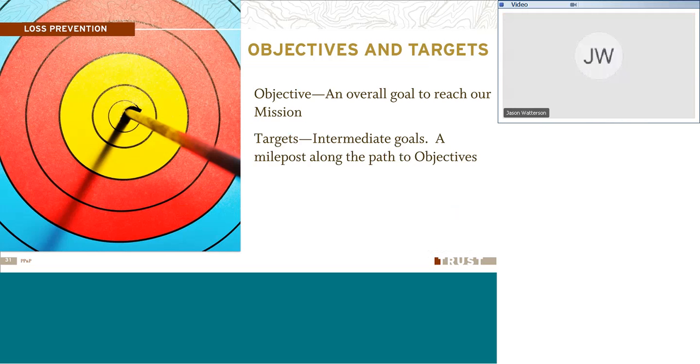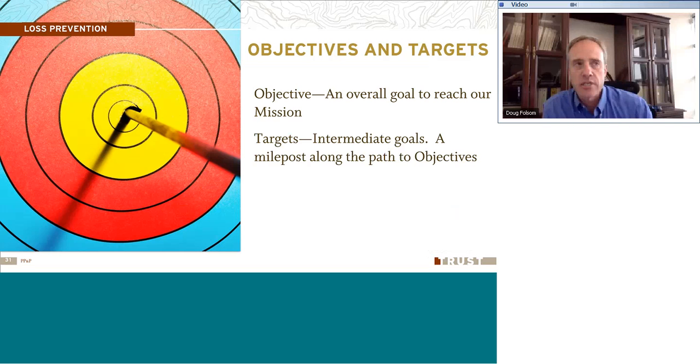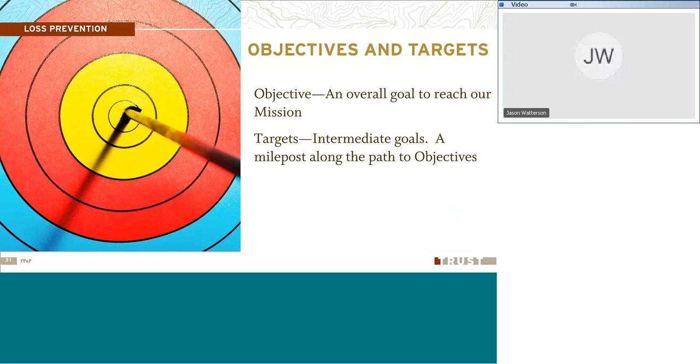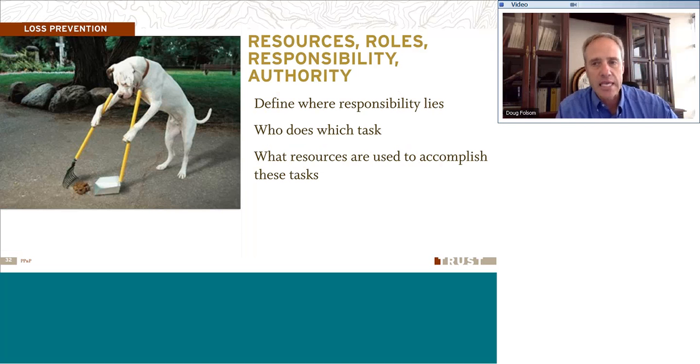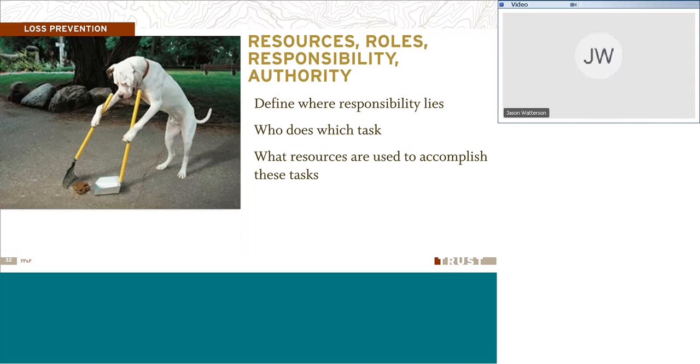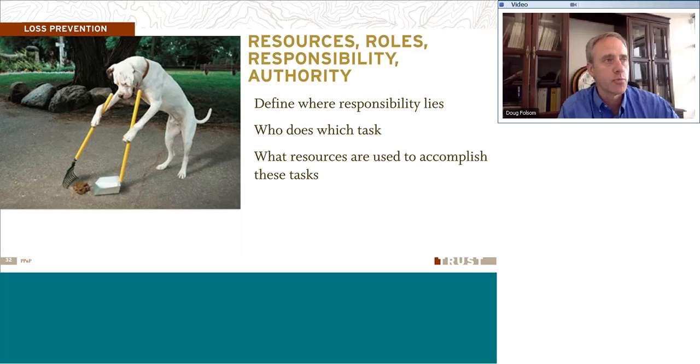Objectives and targets. When we're identifying this mission, like Debbie brought up, is it measurable? Do we have goals? Do we know what the short-term, intermediate, and long-term goals are that we need to accomplish? In developing your management system, that needs to be a part of it. If I just have a long-term goal, but I never look at the short-term or intermediate goals that get me there, I'm never going to get to that long-term goal. So we need to make sure that we're breaking it down from day-to-day goals to monthly, yearly goals to our ultimate mission and purpose.